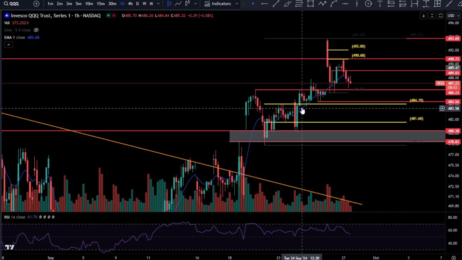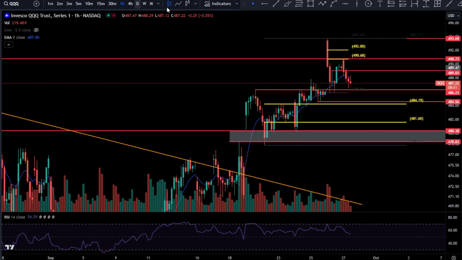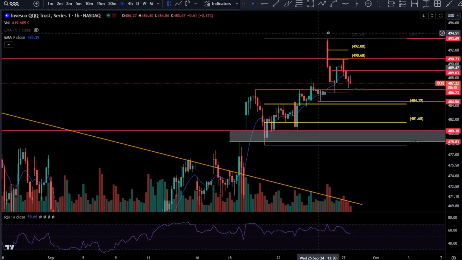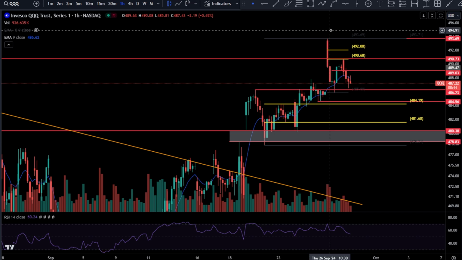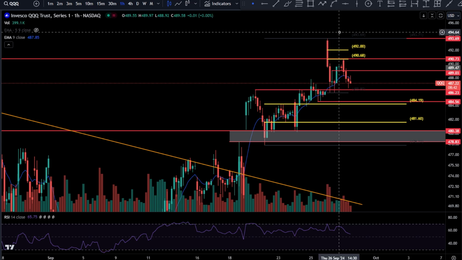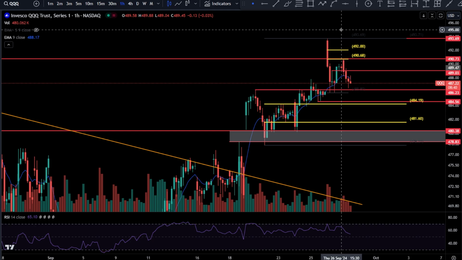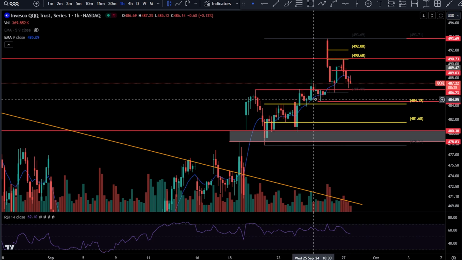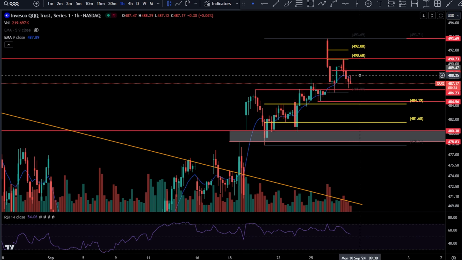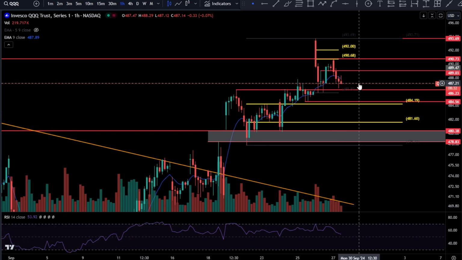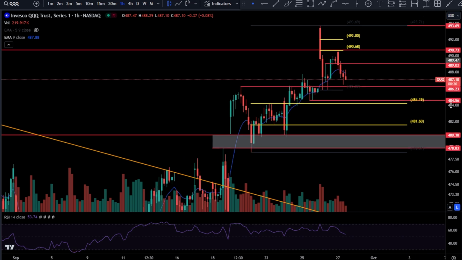But see how price was above that 1 hour 90 MA. I love the 90 MA, guys. I really do. It kind of helps you on any time frame. You can get a sense for how the short-term sentiment is, or momentum, I guess we should say, the short-term momentum. Well, it keeps holding above it. What happened here? You broke and retested underneath it. That is not necessarily the best look. Okay, so that is what you're watching on the downside.